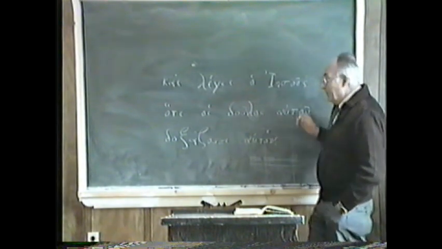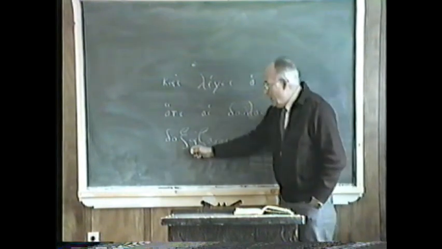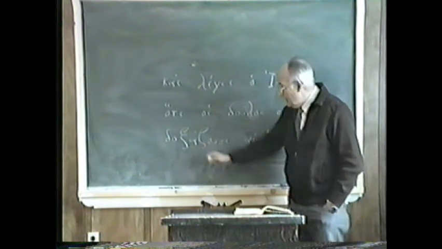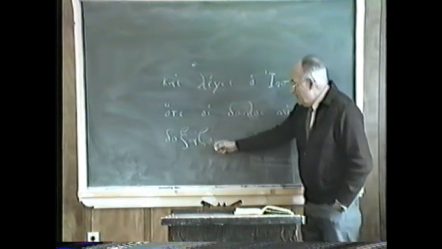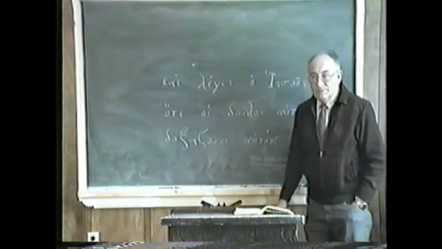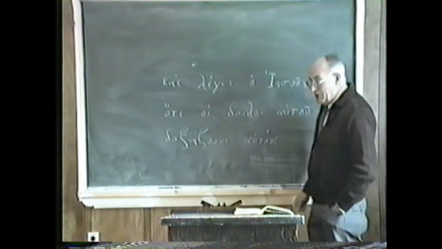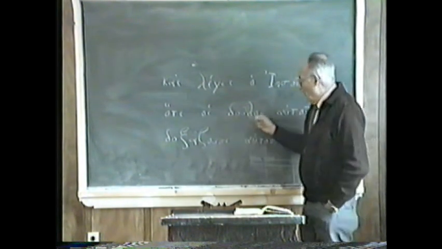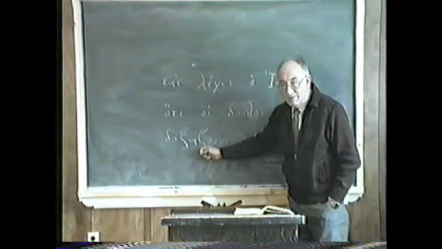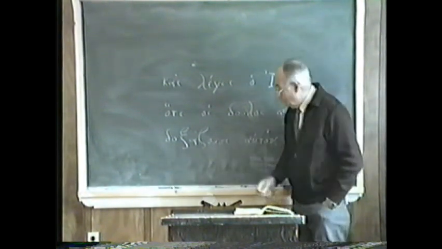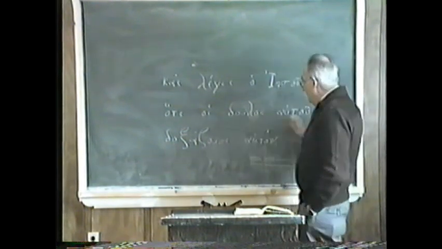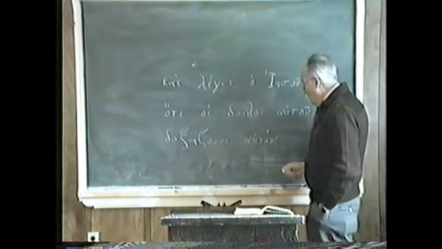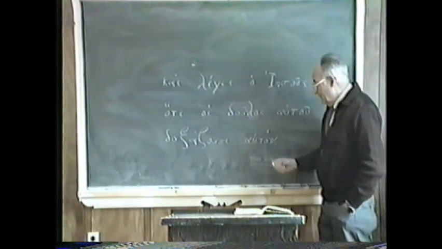Now then, I've got the subject, haven't I? Verb. What is it? What tense? Present tense. What's the personal ending? Third person plural. Do I have a plural subject? Yes. Hoi goulais is the plural subject of this particular verb. So I know then this is the subject of the verb. That his servants are glorifying, case,